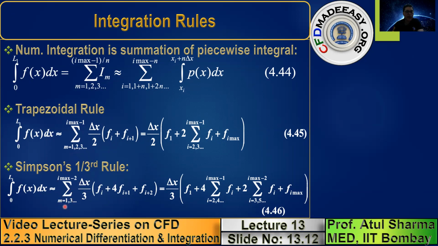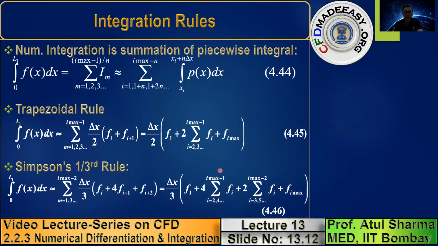Here you take the odd values 1, 3, 5, and so on, and the maximum value is Imax minus 1. So when you sum it up, let us suppose when you apply for 1, you get F1, F2, and here you get F3. Now when you apply for 3, again F3 appears here. So that way you have twice of it.